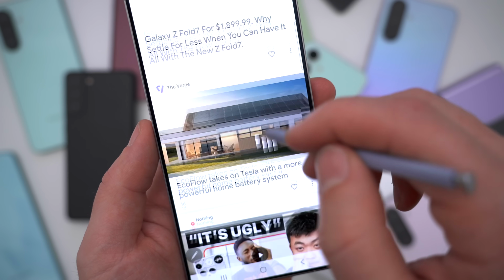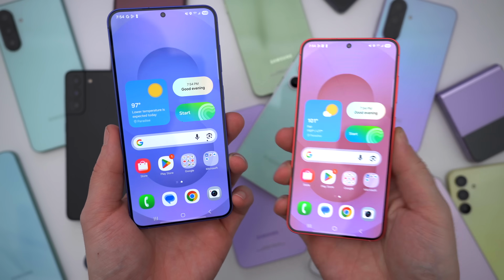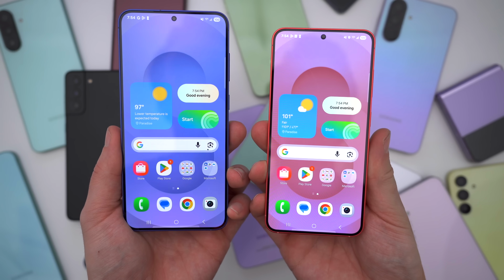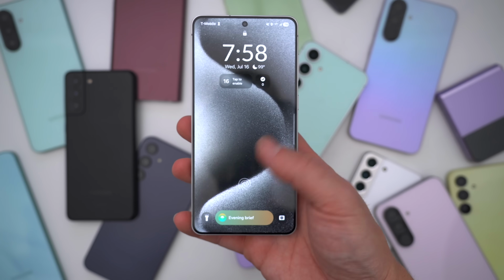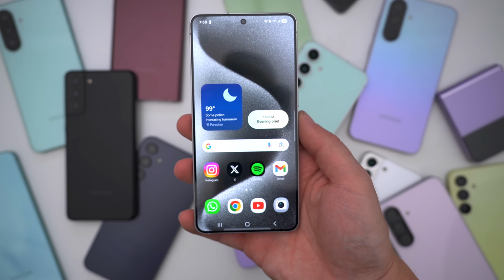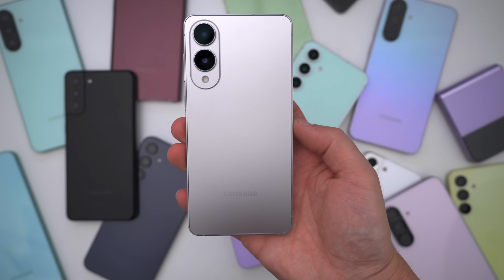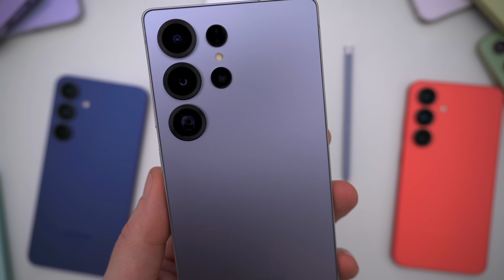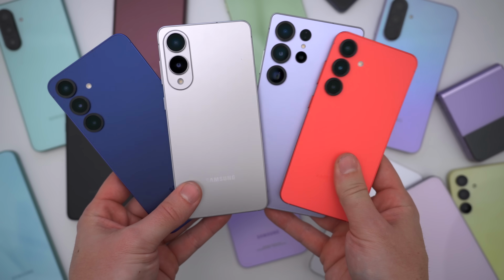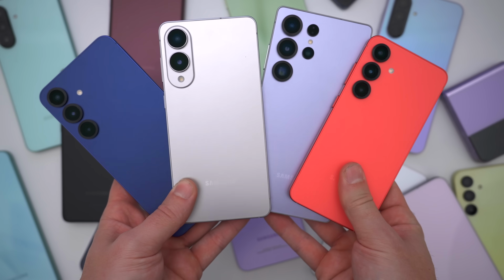And there's always the option to trade in your older device for a bit of a discount or credit as well. I think Samsung has a great lineup of flagship phones to choose from this year. It might sound crazy, but I'm actually the biggest fan of the S25 Edge still. I think it's a great device with that thin form factor and all the flagship features and everything. Again, while there are plenty of other smartphones to choose from that are maybe cheaper or a better value, I would get a current S-series phone today without hesitation, but only if it's been something you've been eyeing for a little while